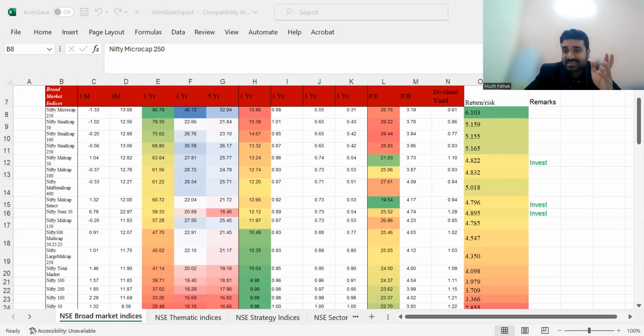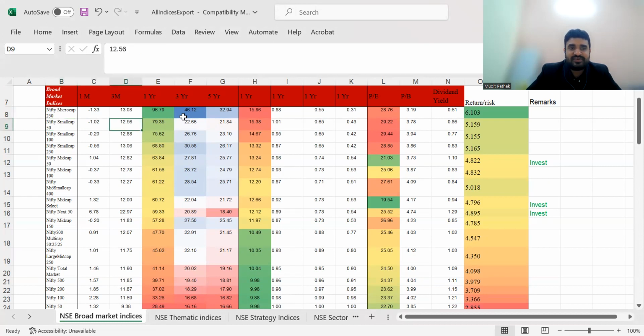So yeah, the market has given this kind of return. There are certain fund houses, certain private equity investors who are doing this, and no doubt people have achieved this kind of return as well. Just to talk about this index, because this is the first index we are discussing, I'm going into a little detail. This Nifty Microcap 250 index is not available as an ETF. I checked it. Please let me know if you find an ETF related to this Nifty Microcap 250. Okay, moving on.